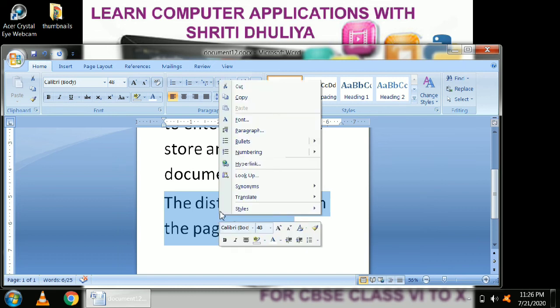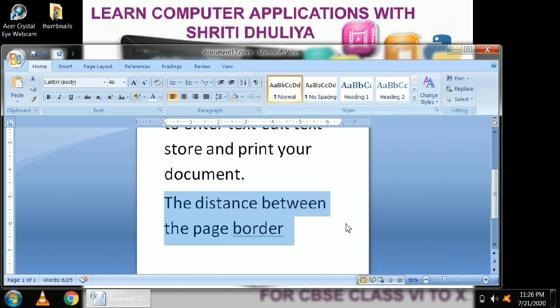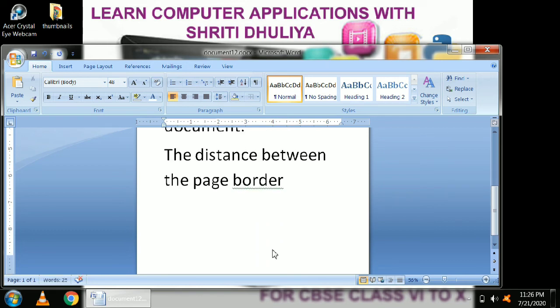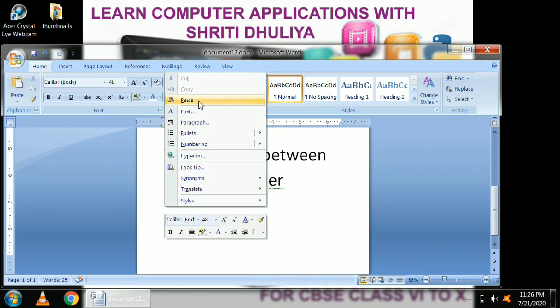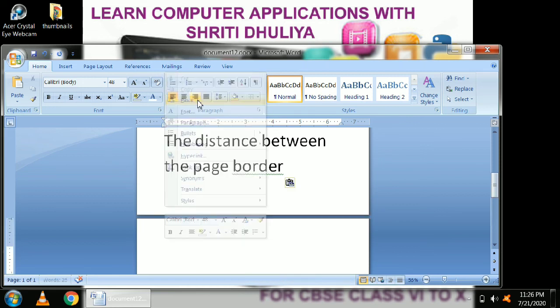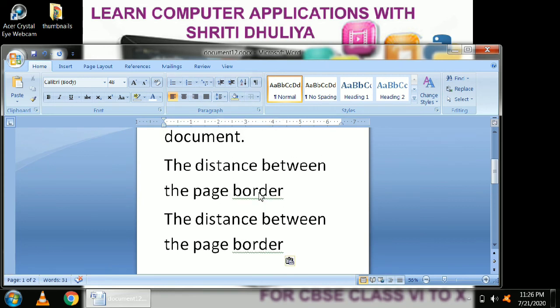Now right click on the selected text, select copy option, go to the location where you want to make copy of this text, right click with your mouse and select paste option. See, a copy of the line.